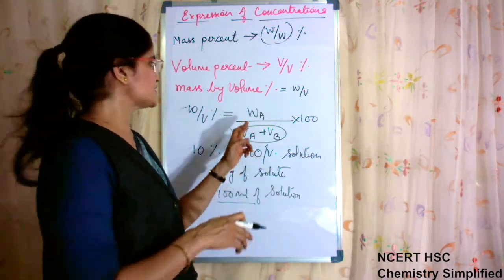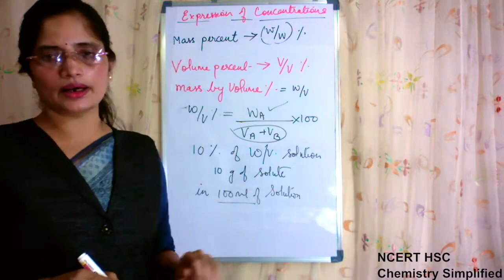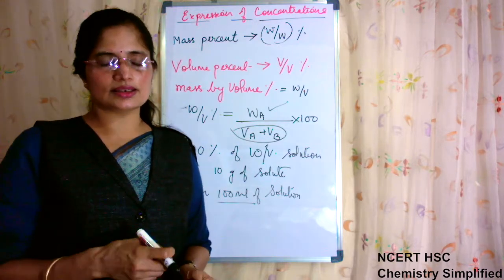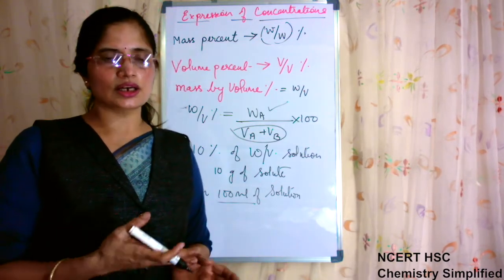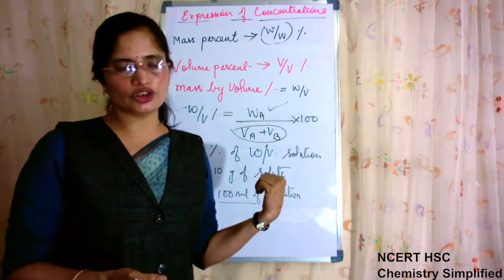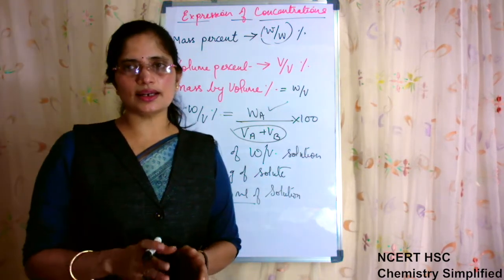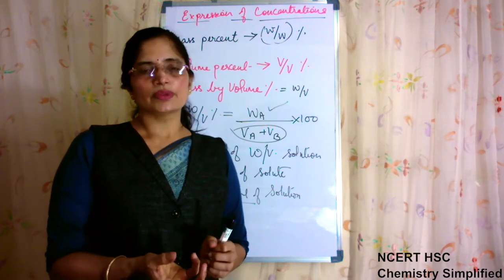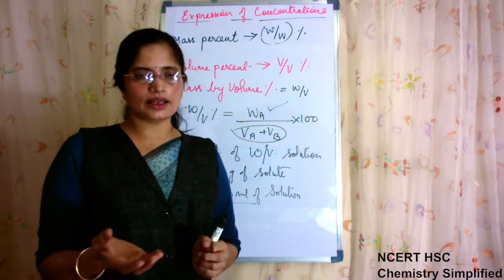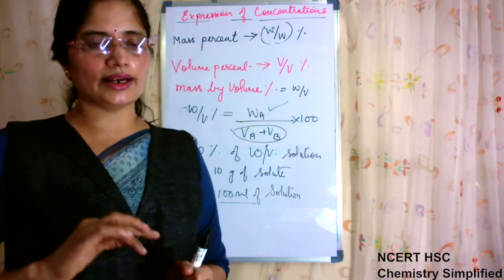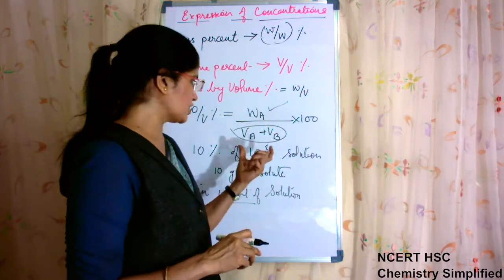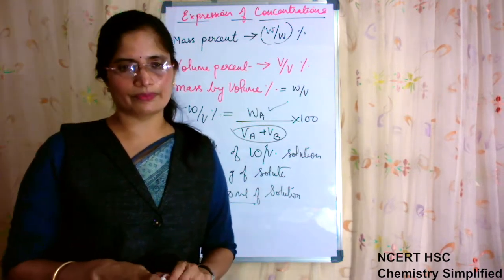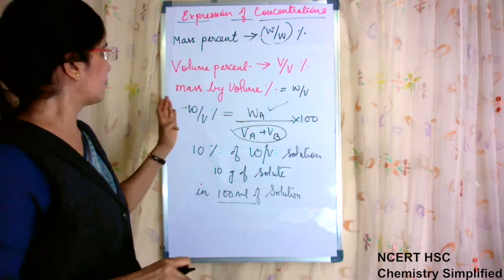Most of the solutions in the laboratory that you prepare yourself are prepared by the W by V method. One component is always a salt, or any acid or base which is solid in powder form, and the second component is water. So solutions in the lab prepared by you are made in this manner. You take the salt or any powder, acid or base, dissolve it in some quantity of water and then make up the required volume. If you are asked to make up 100 ml, you make up the volume to 100 or 250 ml, whatever is required. Okay, so this is the method for mass by volume.